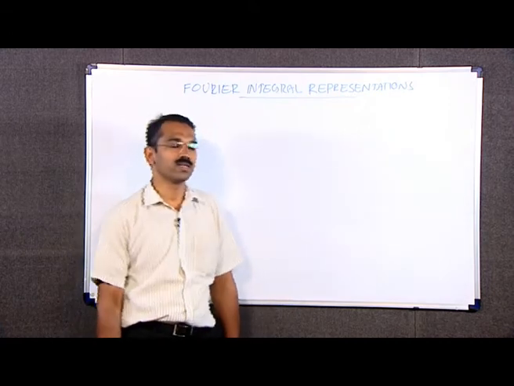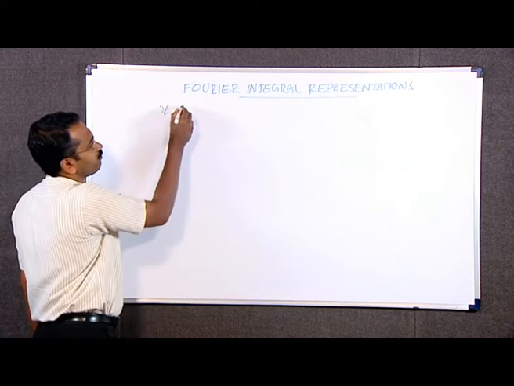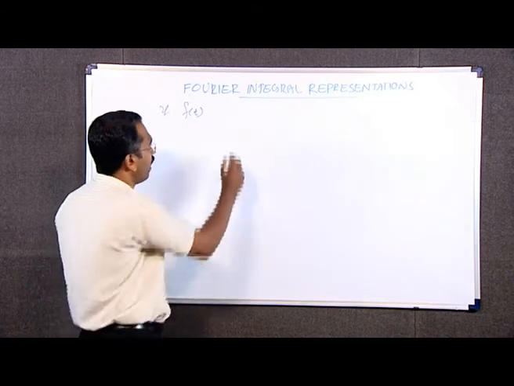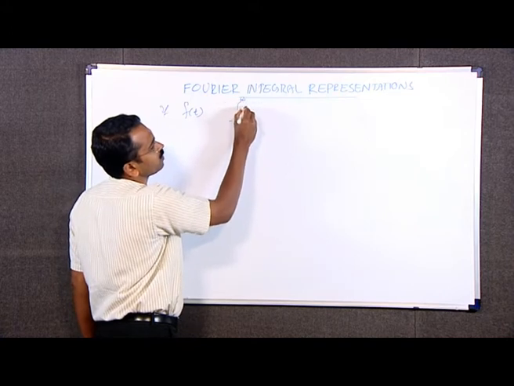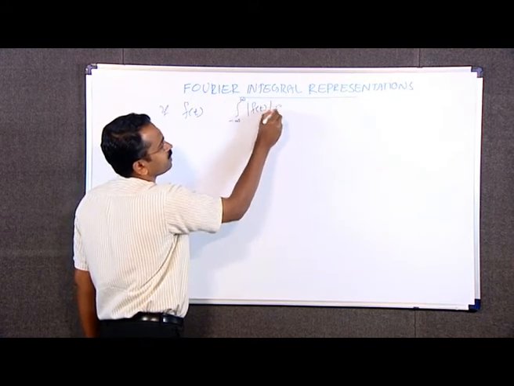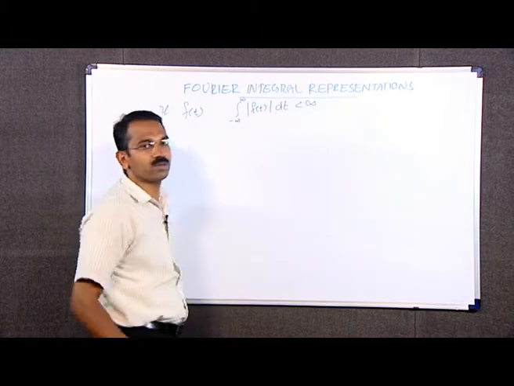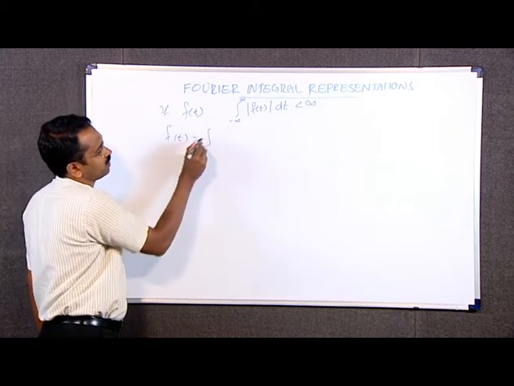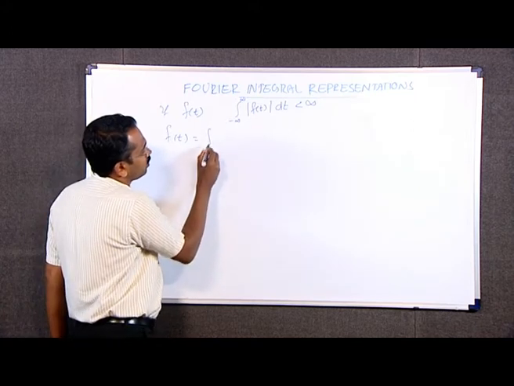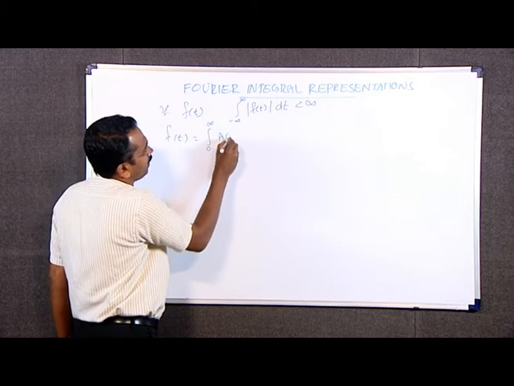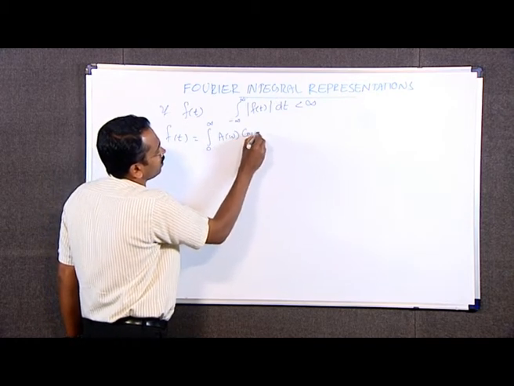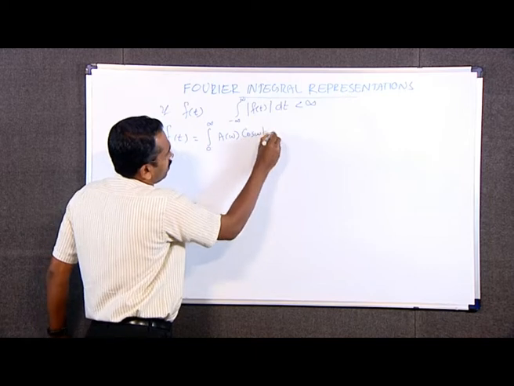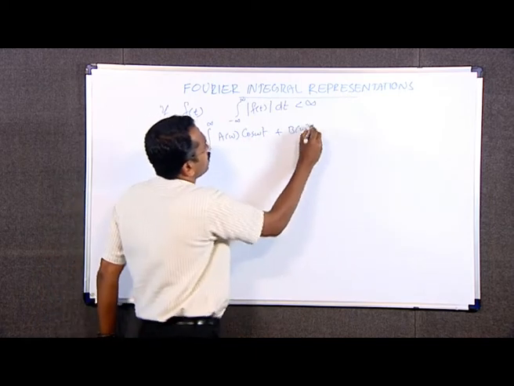We have the Fourier integral theorem. If f of t is a function satisfying the Dirichlet conditions and integral from minus infinity to infinity modulus of f of t dt is less than infinity, then we can write the function f of t as integral 0 to infinity a omega into cos omega t plus b omega into sin omega t